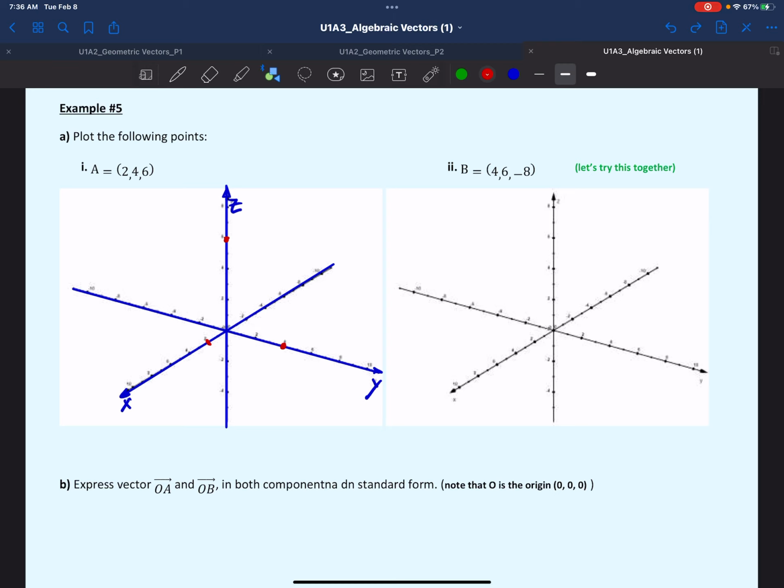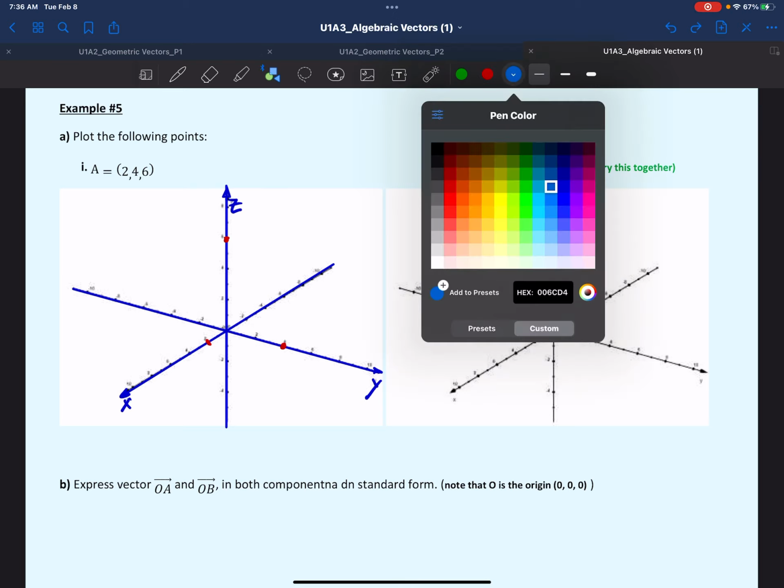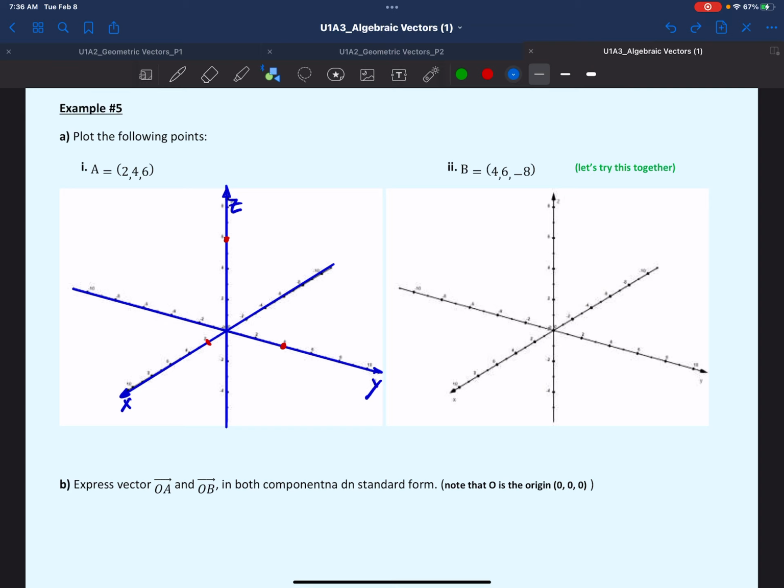And in order to do this, I'm going to use a different color here. So we're going to draw a parallelogram. The parallelogram is drawn by drawing a parallel to the y-axis and a parallel to the x-axis, because we want to go exactly at the point